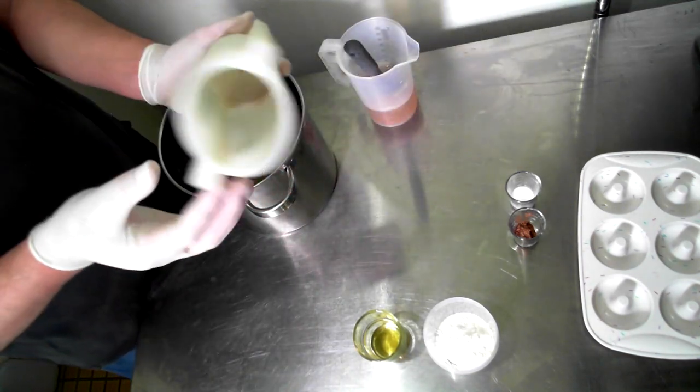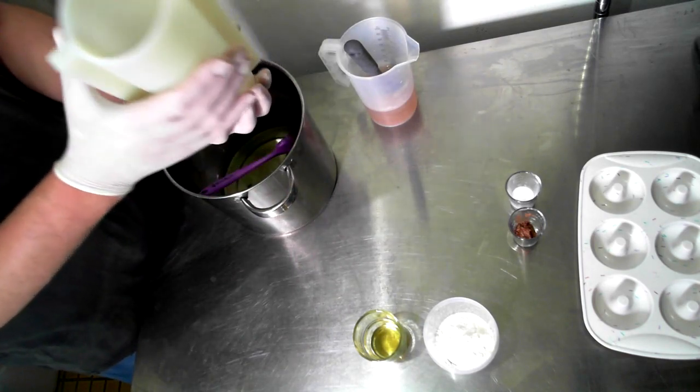So my friend likes round molds, so he likes round soap, so I'll be using this Kaolin mold which